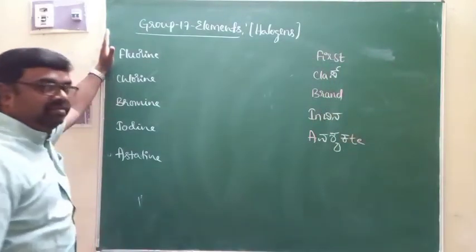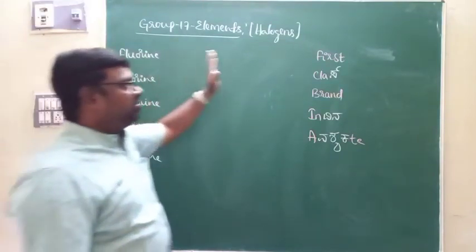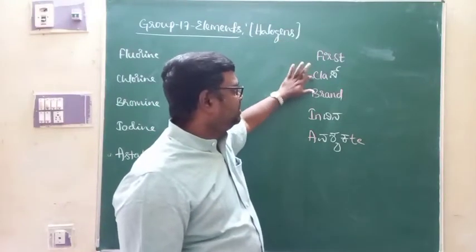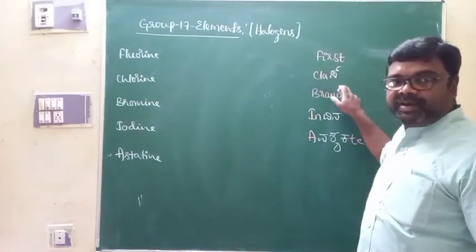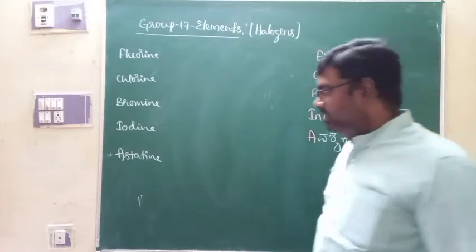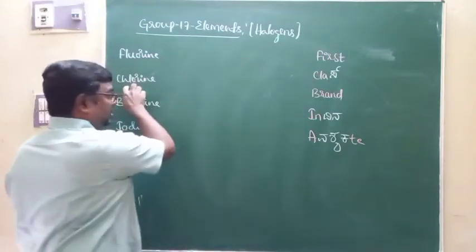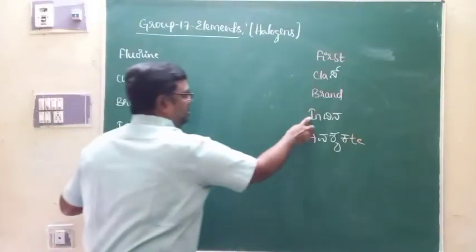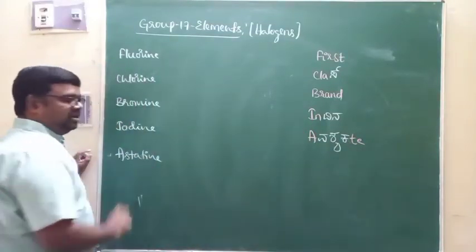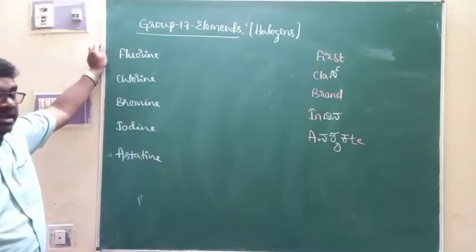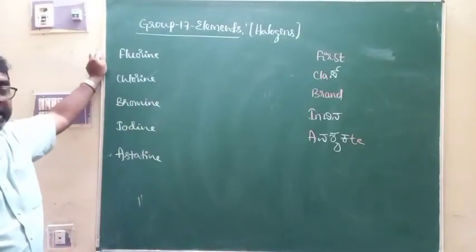And as usual, in order to remember the group 17 elements in order, here I have one mnemonic. Look at that: First class brand, indina avashyakate. If you remember First class brand, indina avashyakate, you can remember this order. ಫಸ್ಟ್ ಕ್ಲಾಸ್ ಎಫ್ ಫ್ಲೋರಿನ್, ಕ್ಲಾಸ್ ಕ್ಲೋರಿನ್, ಬ್ರ್ಯಾಂಡ್ BR ಬ್ರೋಮಿನ್, ಇಂದಿನ iodine, ಅವಶ್ಯಕತೆ AT, is it not? That will be astatine. So this is the mnemonic that I can use in order to remember the group 17 elements.